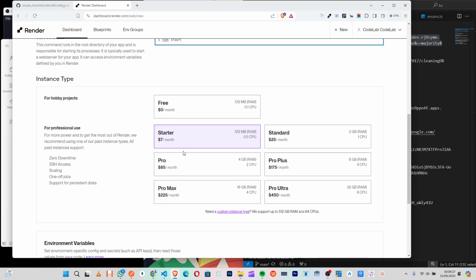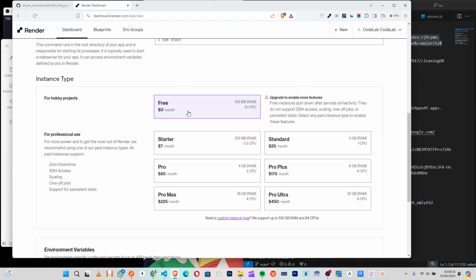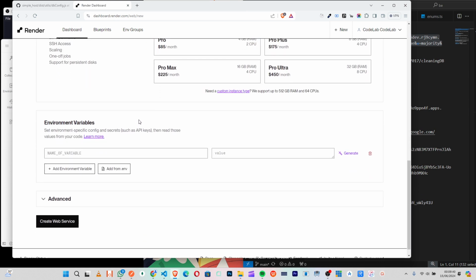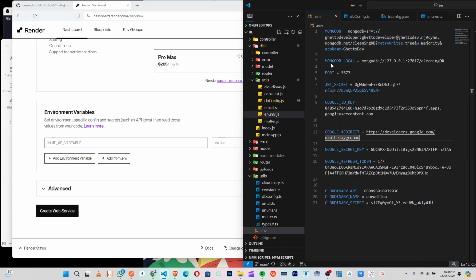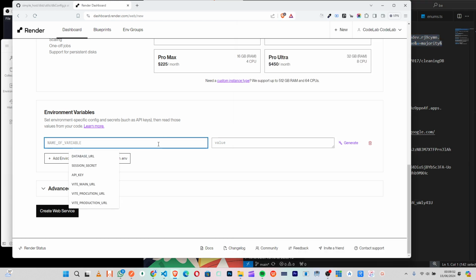This side, right, if you get money, you fit pay, but for us, for this test wey we dey do, make I click here. At least try with free, right? E no bad if you try with free. Okay, so we need to put up certain things here. The first is this our MongoDB. Remember say e dey for env, so we need put am here so that this guy goes